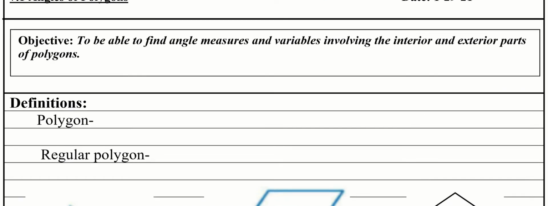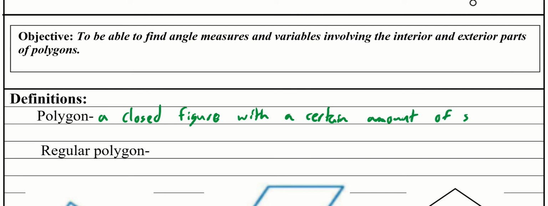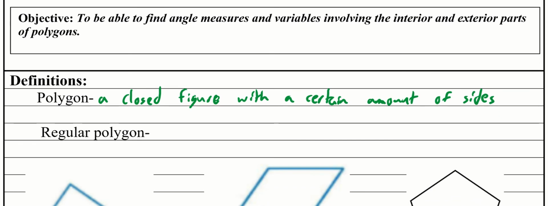Okay, so first off, we need to understand what I say, or when I say a polygon, what that means. Okay, a polygon is simply just a closed figure with a certain amount of sides. That's all a polygon is. So whenever you hear that word polygon, really all you need to think of is it's a shape, some kind of shape. Okay? All right, and then a regular polygon, if we're specifically talking about that,